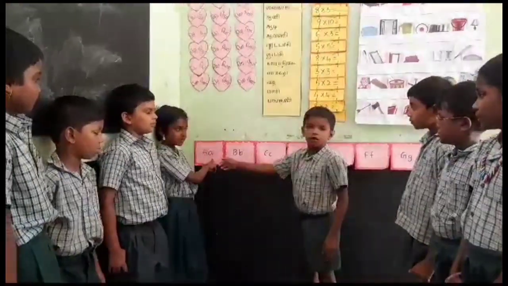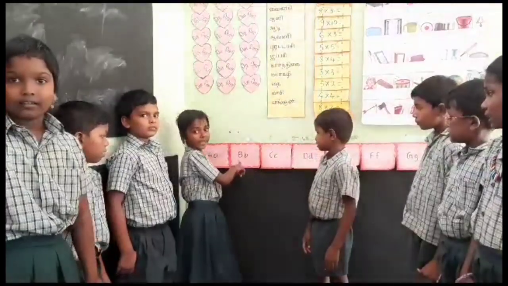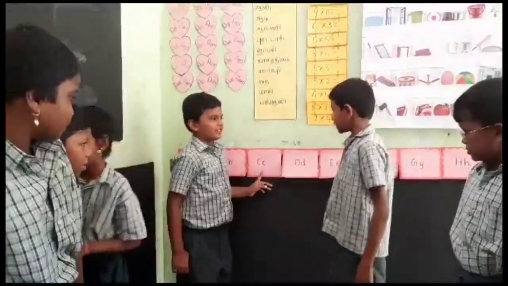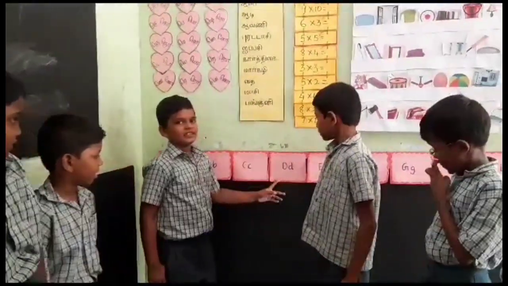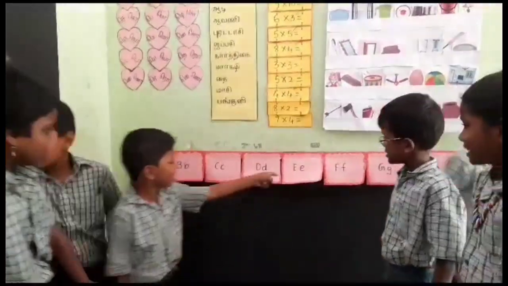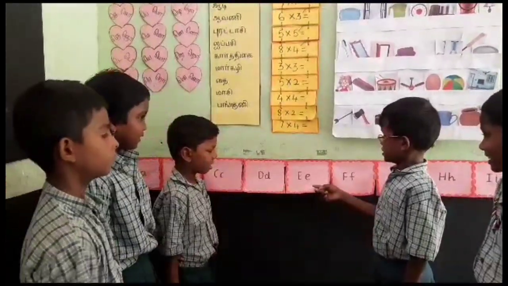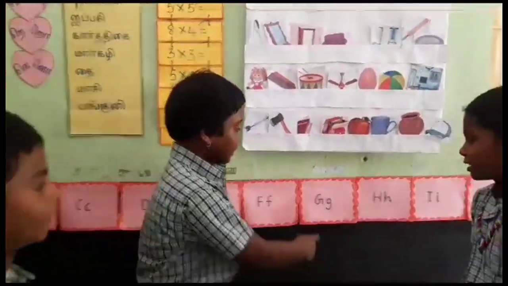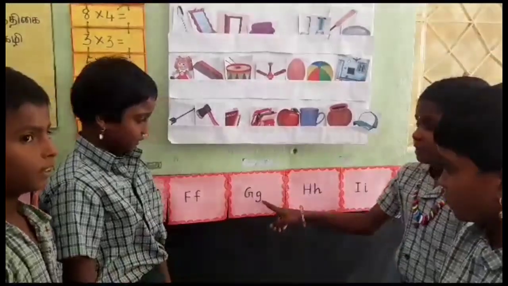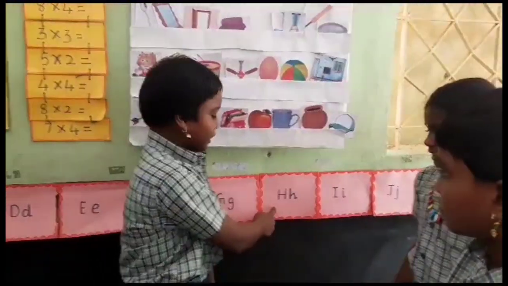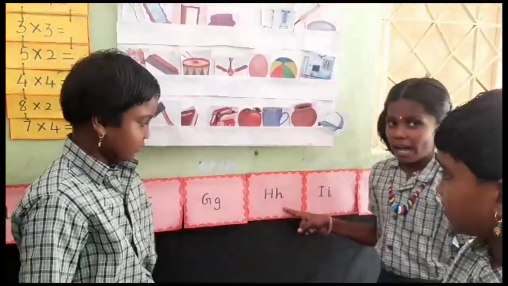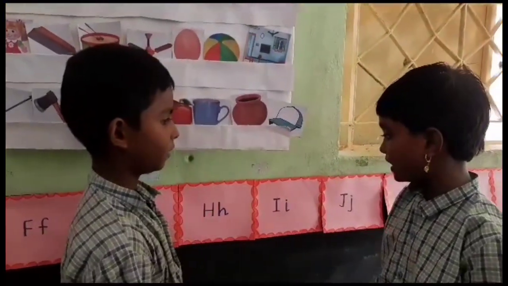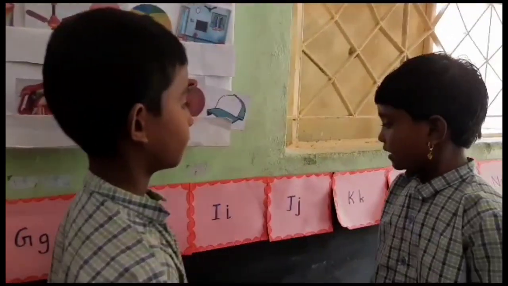A, the sound is A. B, the sound is B. C, the sound is K. D, the sound is T. E, the sound is J. F, the sound is F. G, the sound is G. H, the sound is H. I, the sound is E. J, the sound is